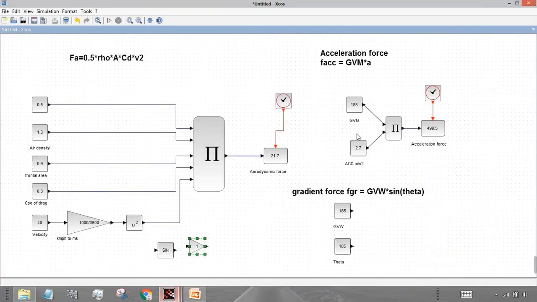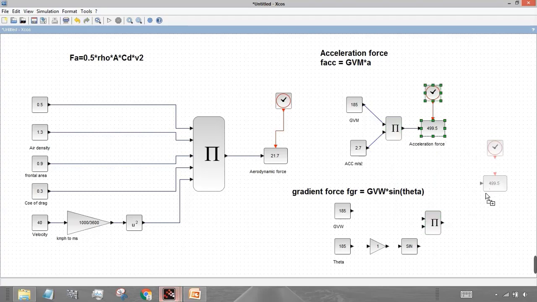Here the input will be in degrees, so we want to convert it into radian. The input for this sine block is in radian, so we need to convert this input into radian and then do the sine operation on the input inclination. Then next is your multiplication. So just select this and create a copy of it. So press Ctrl, select this, and then this operate.